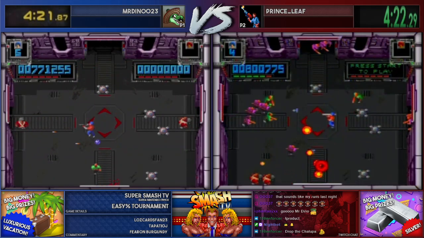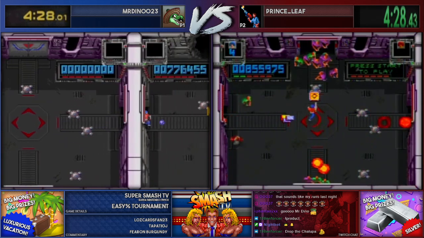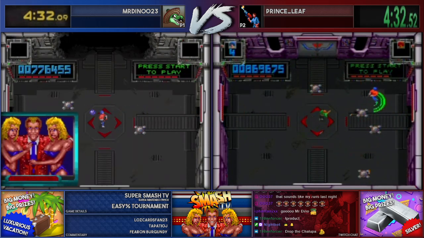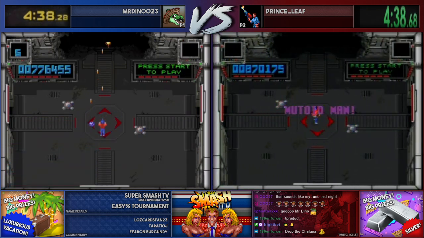Yeah, Prince Leaf getting kind of the second hand, not too bad a setup. He got a foot early, then he got nuke, then he got invulnerability. So he's just kind of running around doing what he could with it. Gets the rockets, able to clear out the room, not too far behind Dino, but Dino is going to get the first advantage